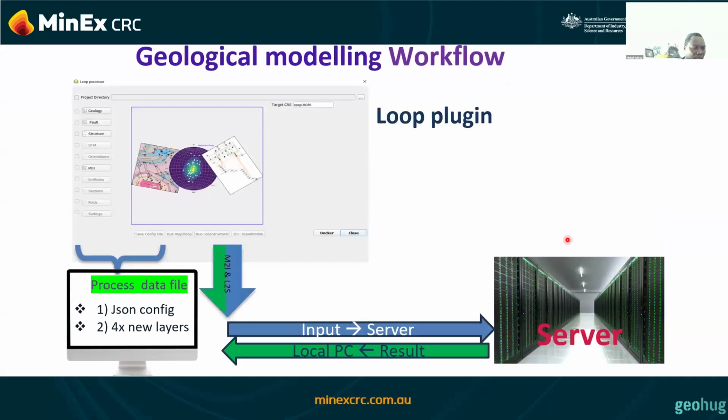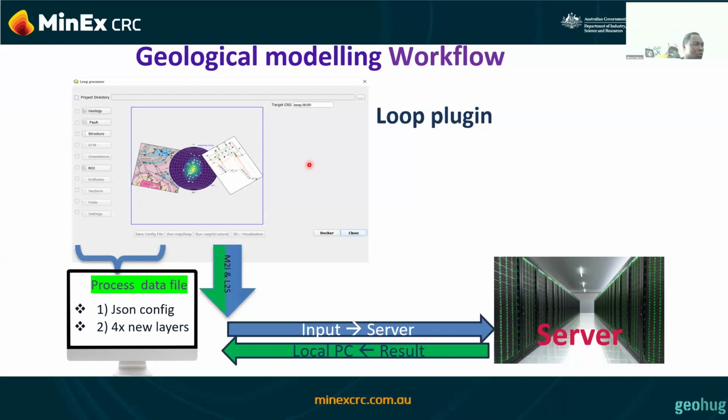So to design this 3D modeling, what we did basically, we envisioned to have a front end, because we know a lot of geologists are not good coders. So we're trying to let all the geoscientists doing 3D modeling not struggle to go from data to 3D model. At least that process needs to be streamlined in a way that you don't have a lot of work on your way. And we realize that with QGIS, we can build our front end. And here is the front end of the Loop plugin. By the way, it will change in the next release because we're trying to put it in the dock.